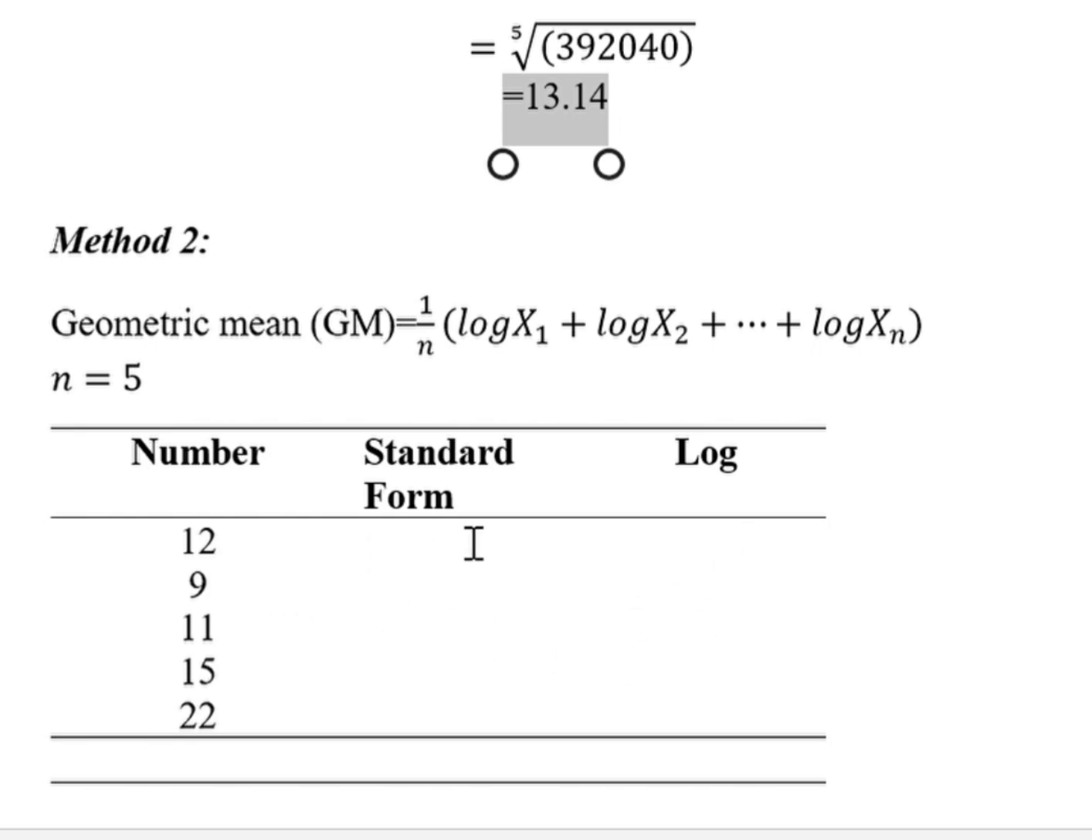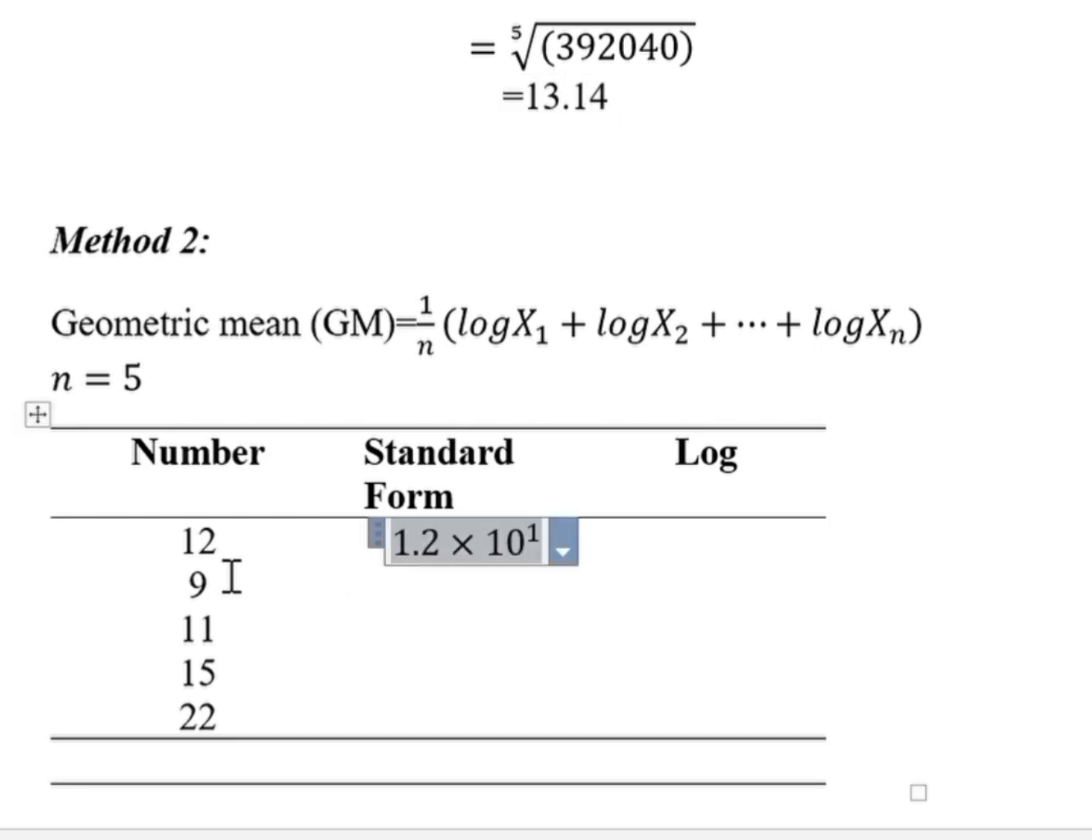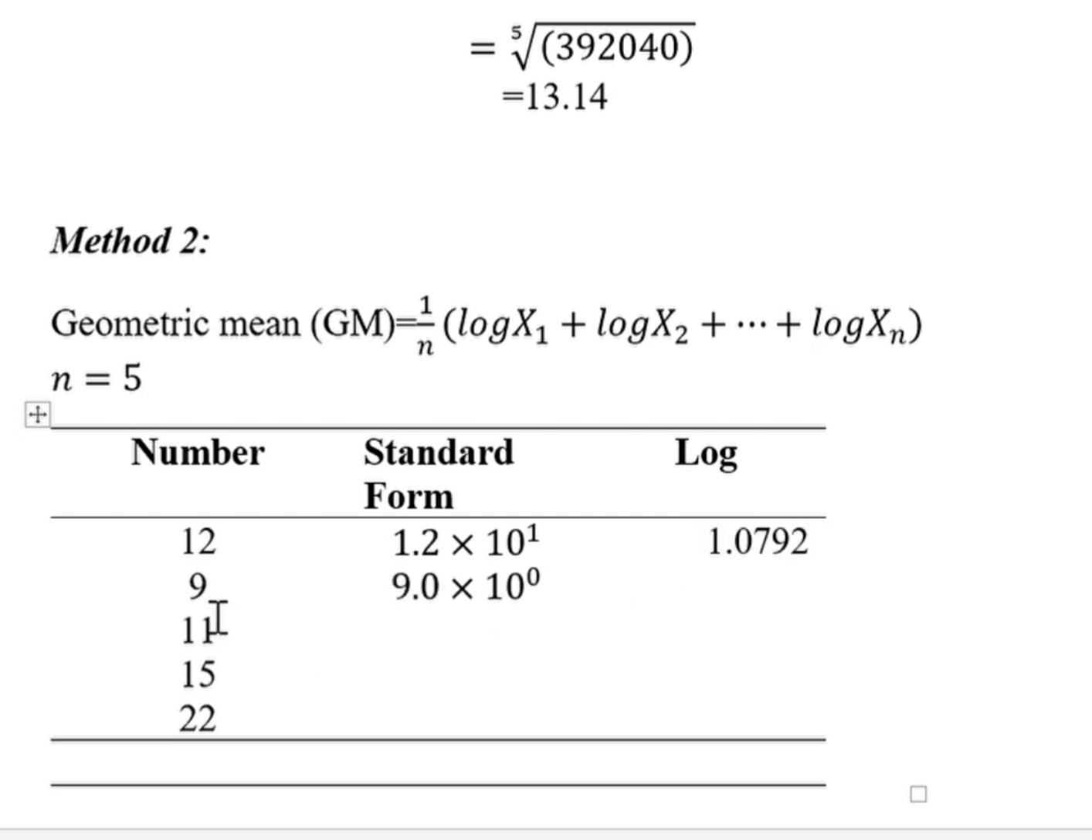So if we decided to include the standard form column, then we shall have the standard form of 12 is 1.2 times 10 raised to power 1, and the logarithm will be 1.0792. 9 in standard form gives us 9.0 times 10 raised to power 0. Looking for the logarithm of this one, you get